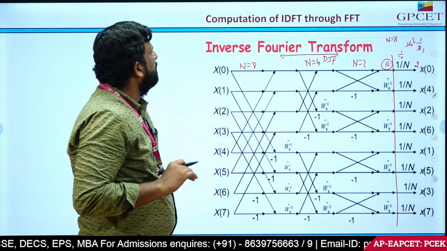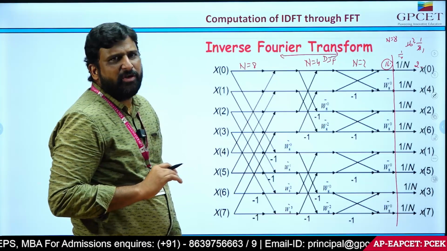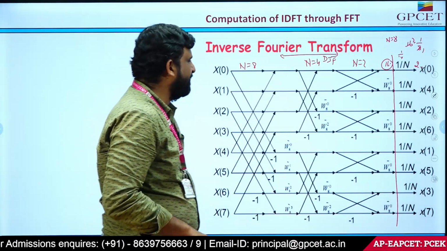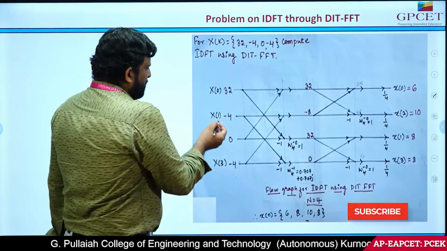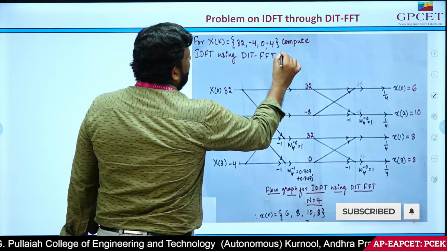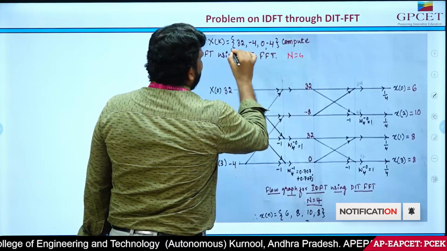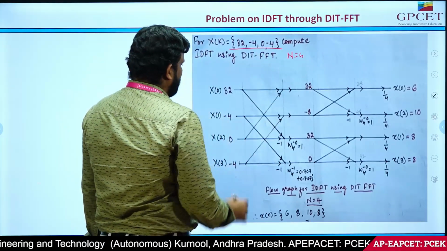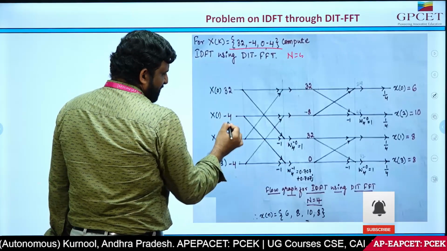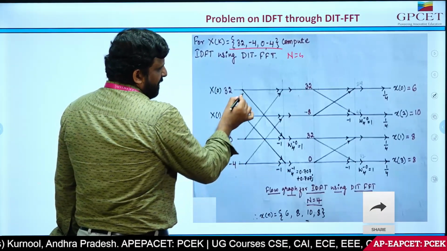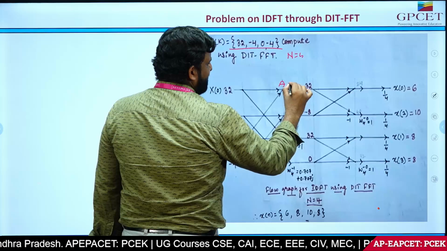So this is the simple derivation of the computation of IDFT through FFT. I have taken one small problem, and we'll complete it. I have considered N equal to 4 and the sequence 32, minus 4, 0, minus 4. So x of 0, x of 1, x of 2, x of 3 are 32, minus 4, 0, minus 4. I have written the equations, that is a plus b here,